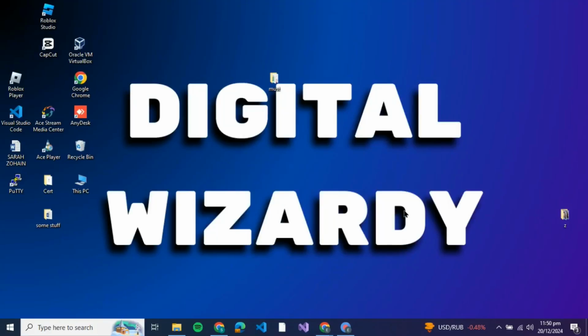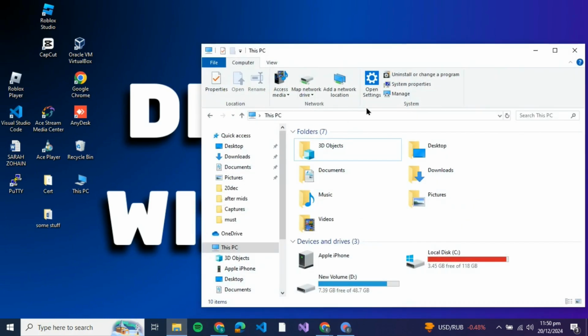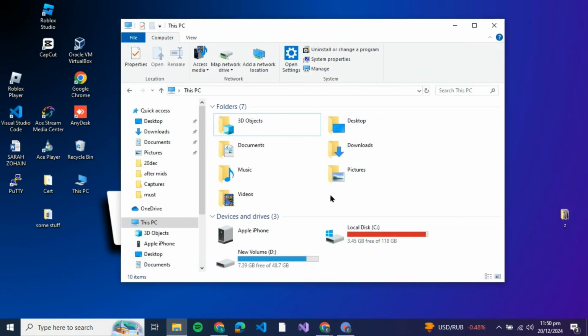In today's video, I'll show you how you can fix Epic Games Launcher Setup Wizard ended prematurely. So let's get started. If you are trying to install the Epic Games, but its launcher setup wizard is ending prematurely, so what you can do is go to your PC and over here you'll be able to see all